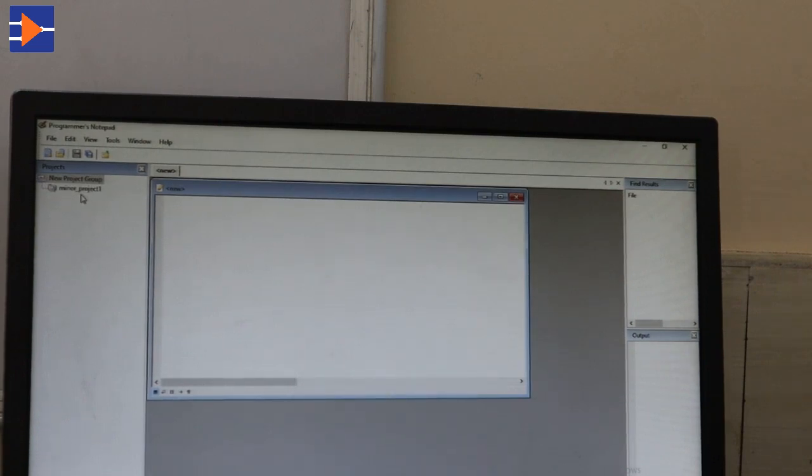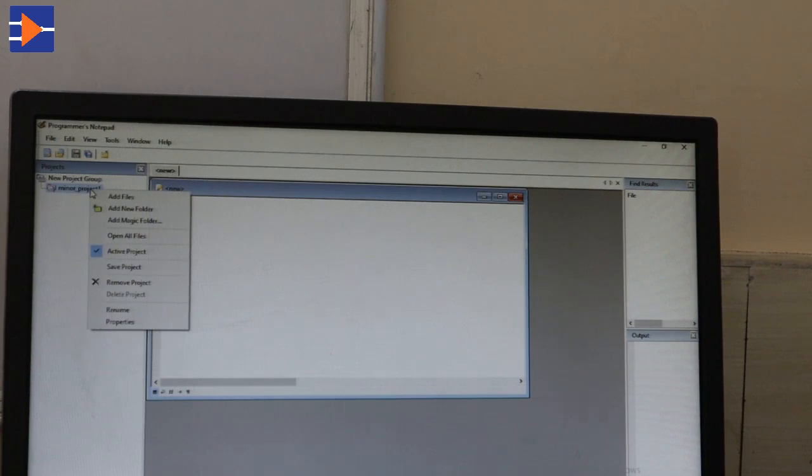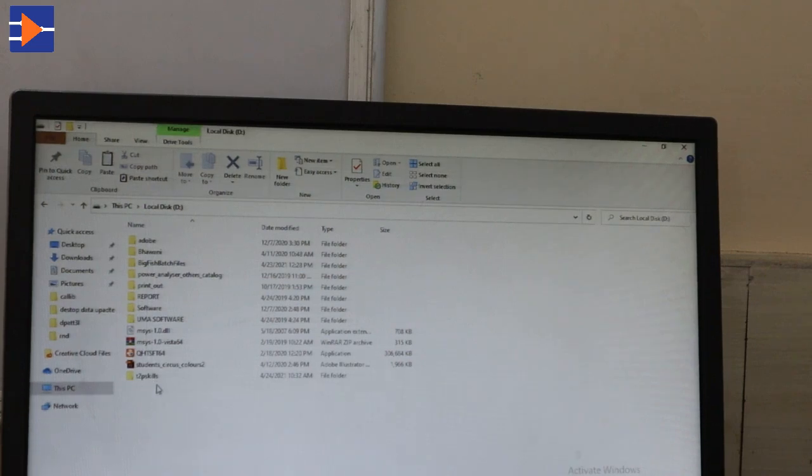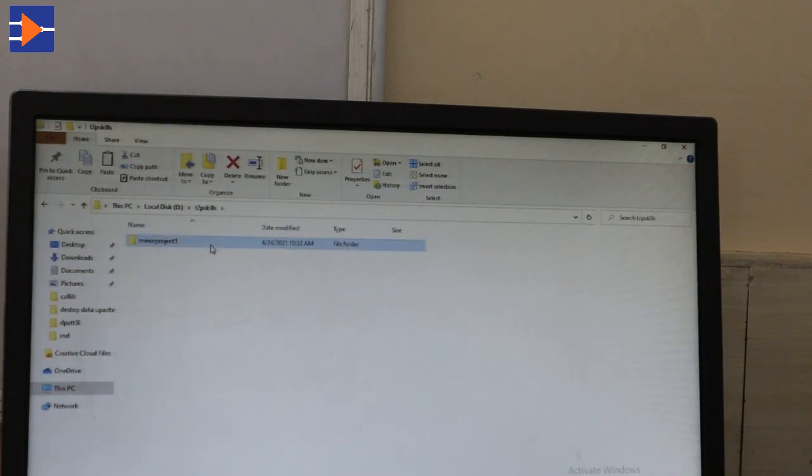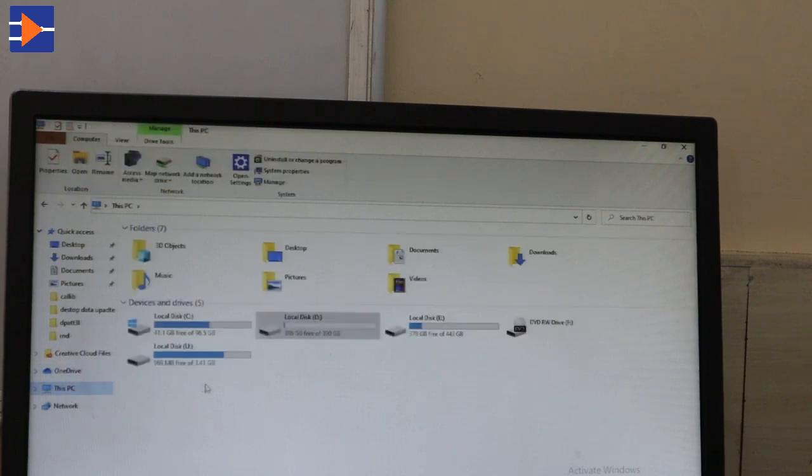So I have created a project file named minor project 1 in the folder minor project 1. Now let's go to that location. Basically this one is T2P skills and this one is minor project 1. First I have to copy two default files which are common for every program.